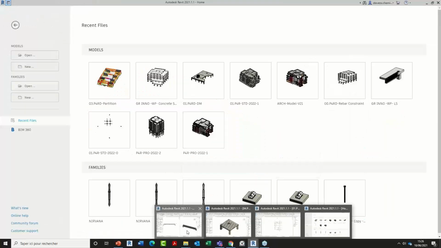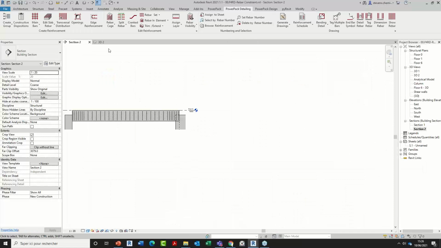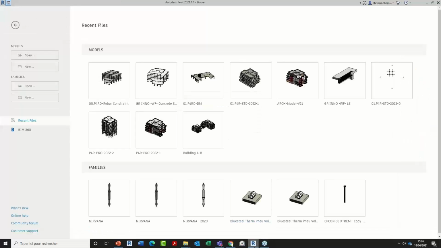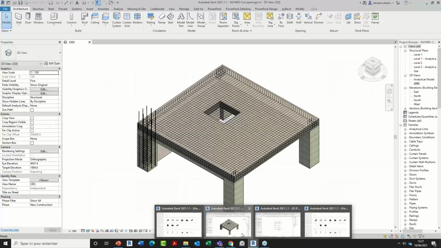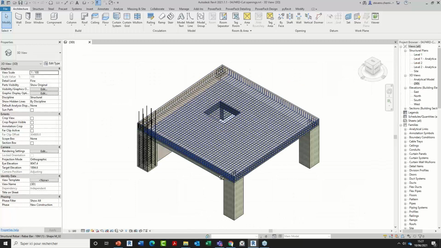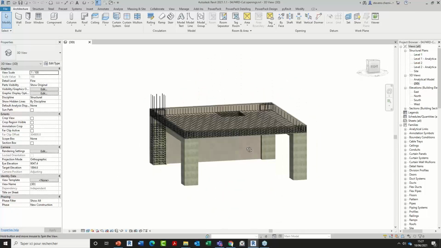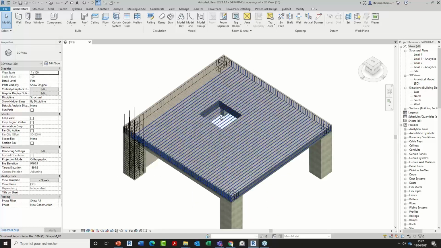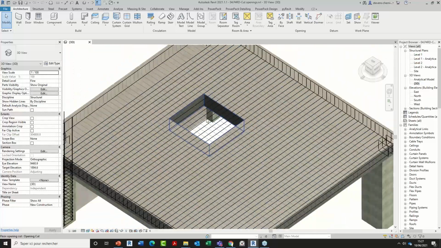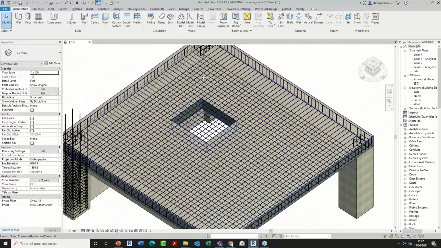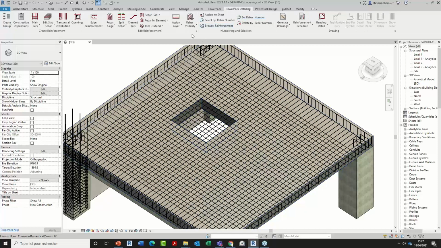Allow me to close this file. I will close this one as well, and switch to another Revit model to continue presenting the last two improvements. Regarding the cut openings command, here I have an opening with two rebar sets in two different directions. Allow me to go to the Power Pack detailing command.